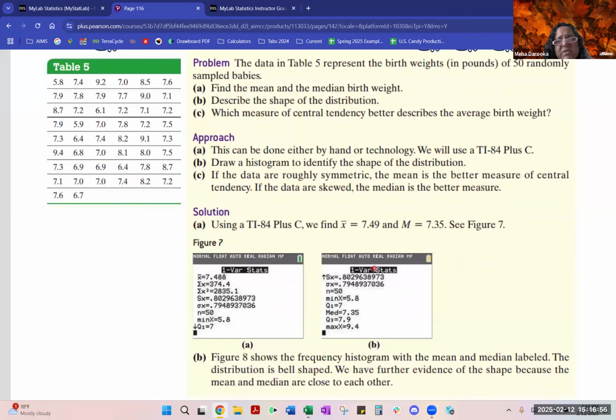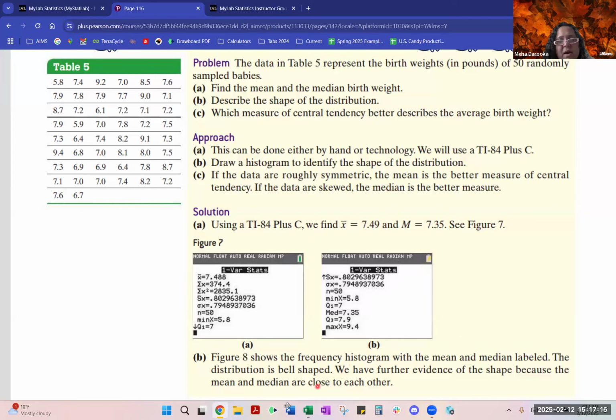So they're asking us to describe the shape of the distribution. Of course, they are saying this is going to be bell-shaped. We have further evidence of the shape because we know that the two values,